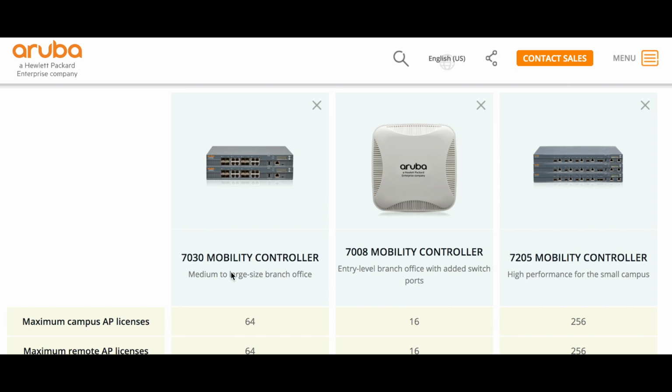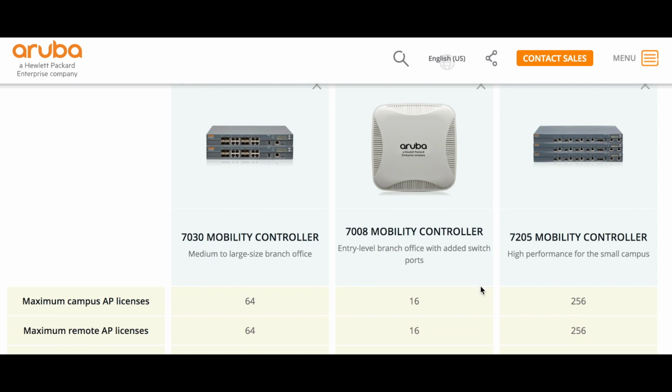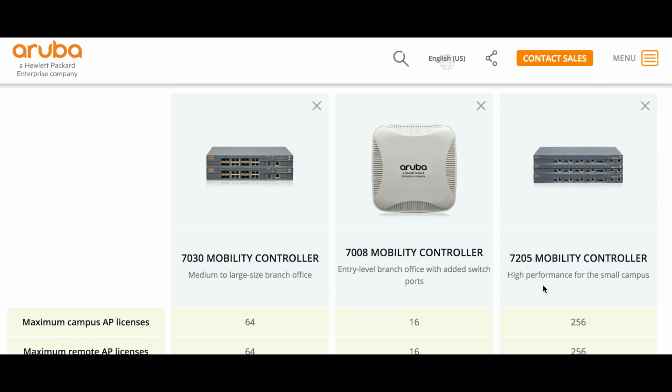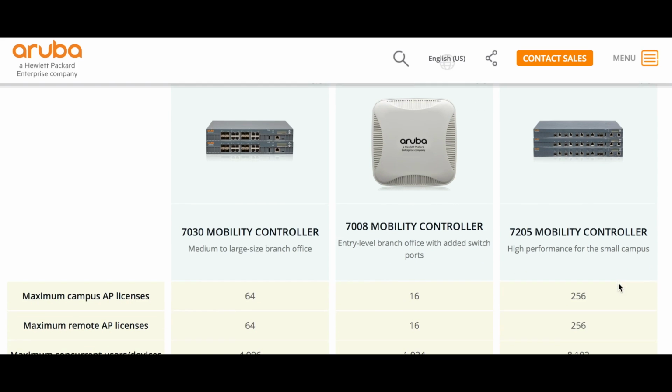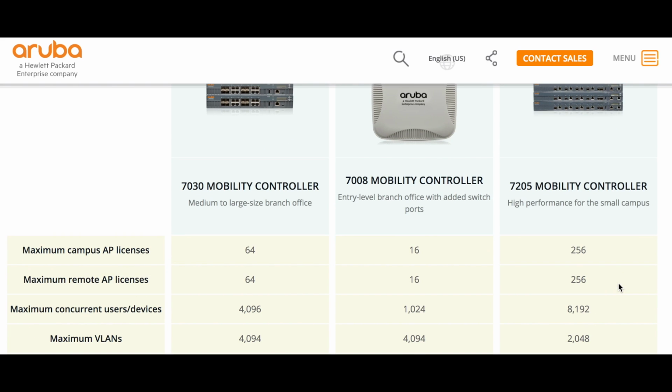So obviously, 7030 is meant as a medium to large size branch office, whereas a 7008 is for an entry-level branch office that needs a few switch ports. And then the 7205 is obviously high performance for a very small campus. And you can see the amount of AP licenses that is supported on each particular platform. Right away, we can see the maximum AP licenses, which is the smallest for the 7008, goes up to 64